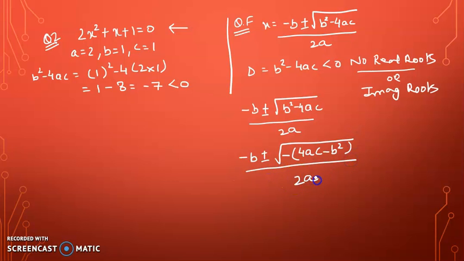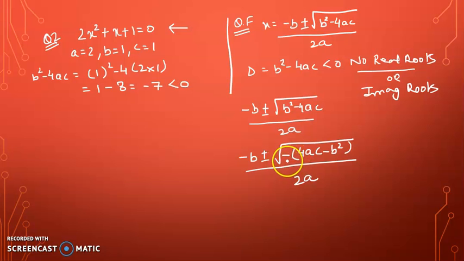Are you following this step, students? So minus 4ac, minus minus plus b square. So I have taken negative common. Are you following, students? This was the basic quadratic formula from 10th. Now I am telling you, for complex numbers, when the discriminant is less than 0, there are no real roots. So I am just telling you a formula to rewrite, so it will be easy, then you can directly apply this formula and solve those questions.